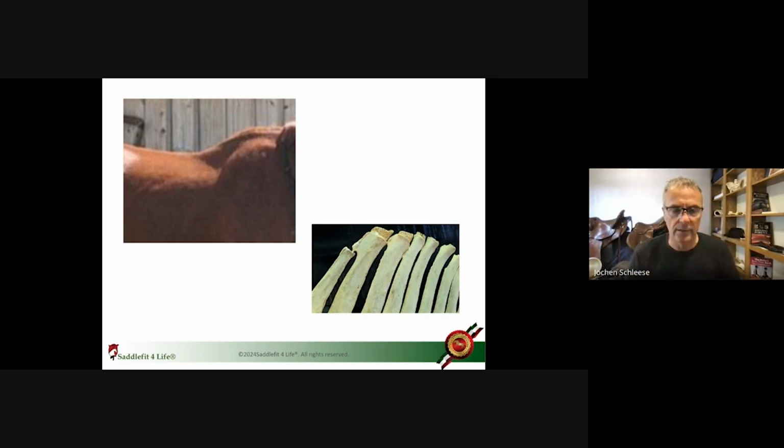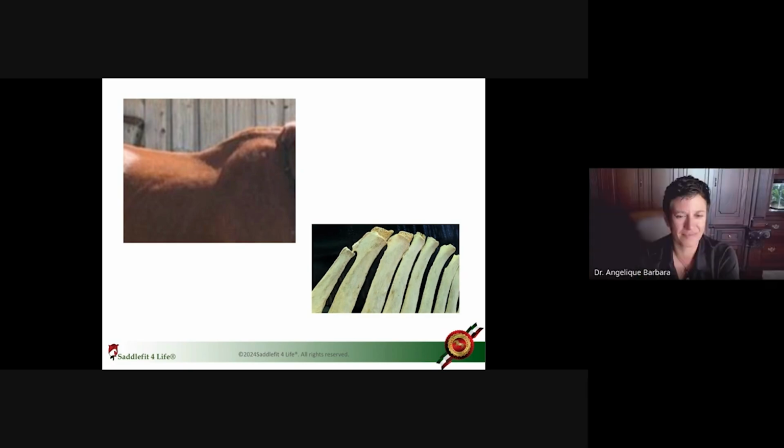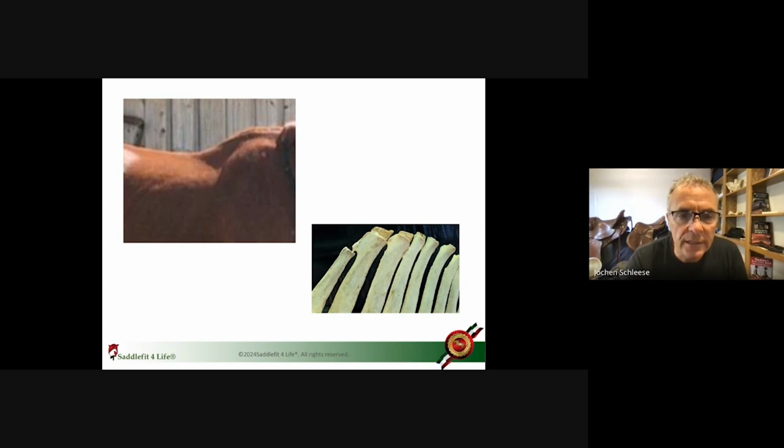Everybody instantly said, duh, I want to wiggle my toes. Think about the shoulder as the toe. Think about the back of the saddle as the heel of the shoe. Wouldn't you want to avoid blisters on the back of the heel and blood blisters on your toes?